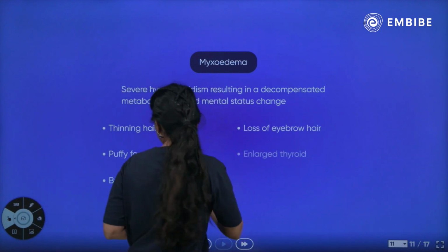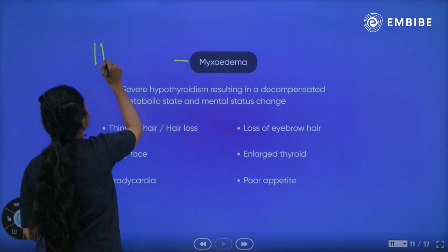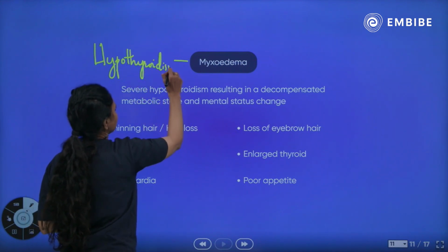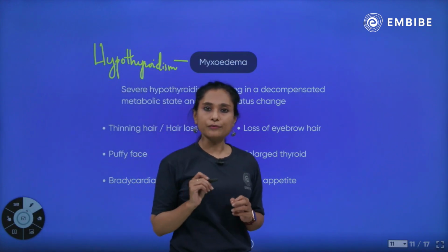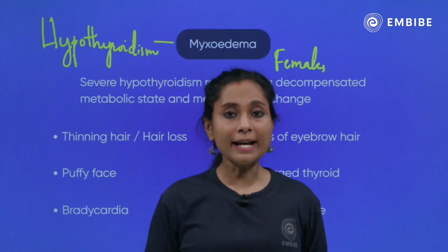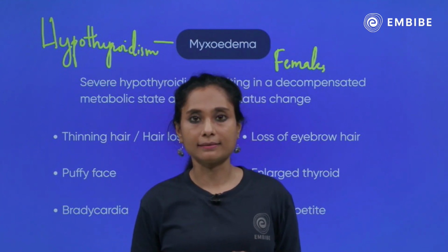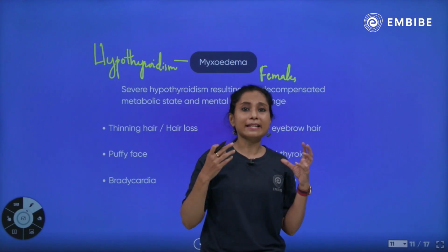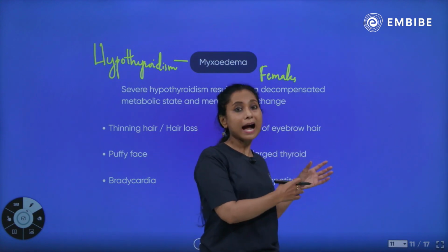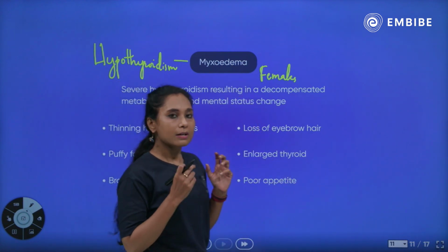In adults, the hypothyroidism in adults is called myxedema. So this is very common in females. I have seen girls who are as young as 18, 19 missing their menstrual cycle, and they have hair loss, they have skin problems, they have mood swings, and these are all the symptoms of hypothyroidism in adults, which is called myxedema. So severe hypothyroidism results in